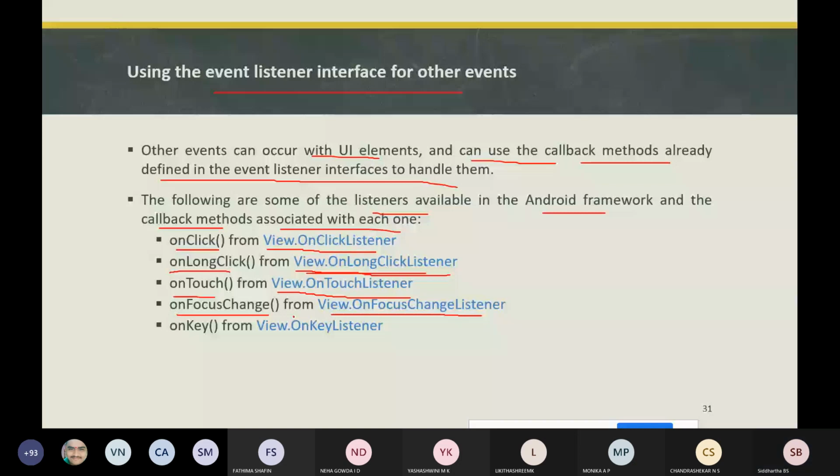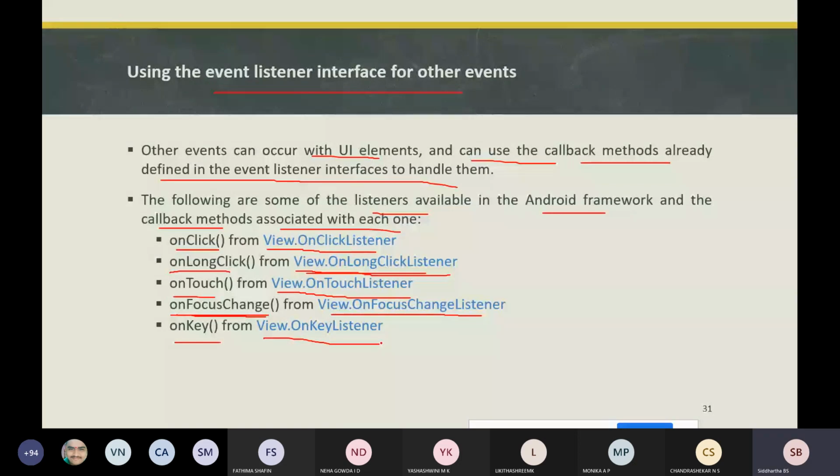Next is on key, which is from the View.OnKeyListener interface. This method is handled when a key on a hardware device is pressed while a view has focus. When you press a key on a hardware device, this defines what should be performed.